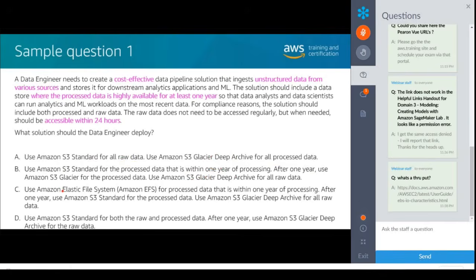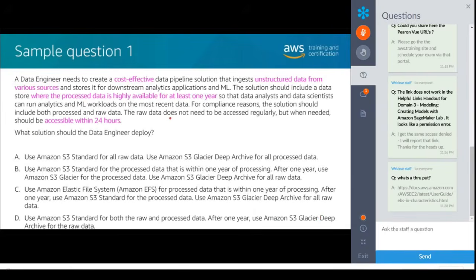Okay. How about EFS for processed data? That's within 1 year of processing. Within 1 year, move over to S3. Or S3D, use S3 standard for both raw process data. After 1 year, go to Glacier. So,